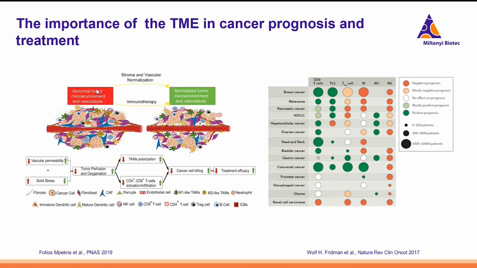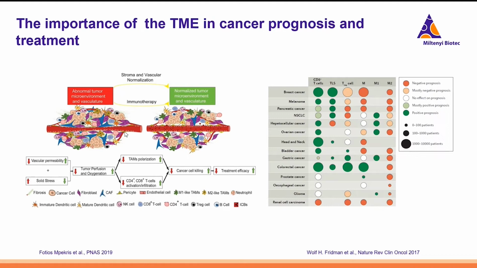It is queuing tumor-associated macrophage polarization away from the immunosuppressive M2-like phenotype to the M1-like phenotype. The M1-like macrophages have a pro-inflammatory phenotype, and these guys boost, for example, CD4 positive and CD8 positive T cells,